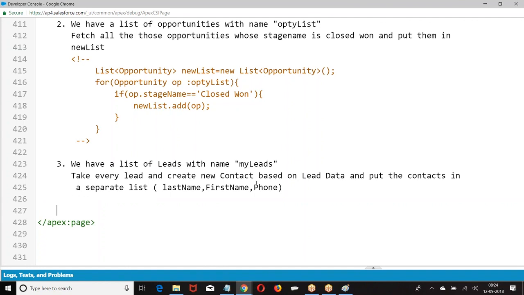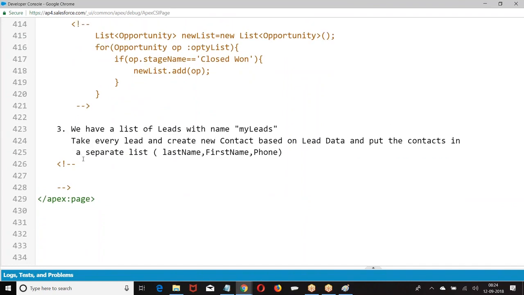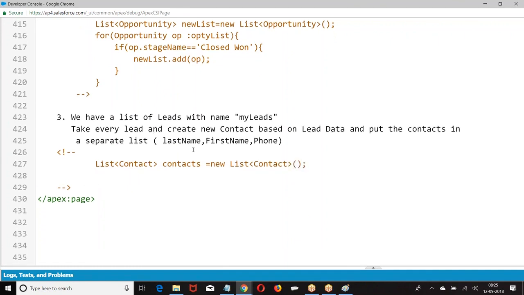So what we are supposed to create? List of contacts equal to list of. So what was I supposed to do? Take one by one lead. How do you create? Contacts equal to